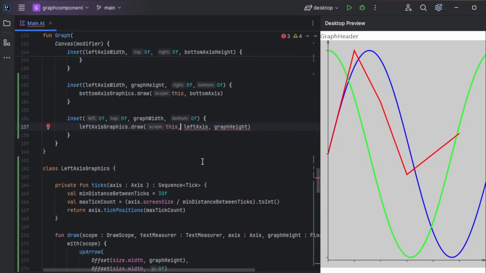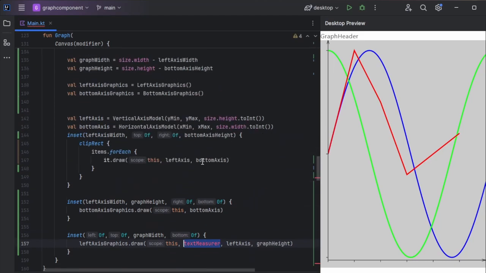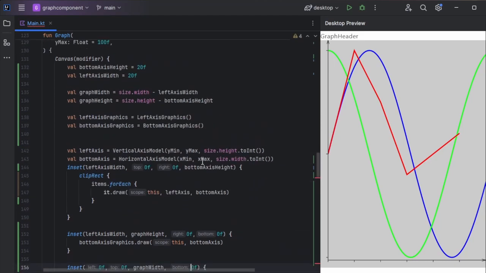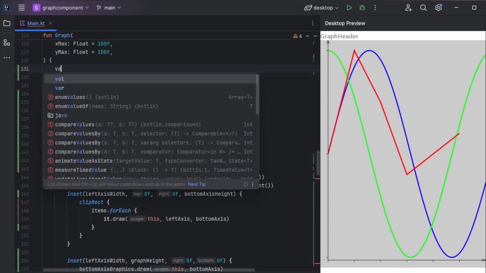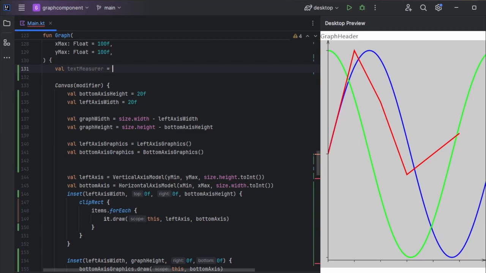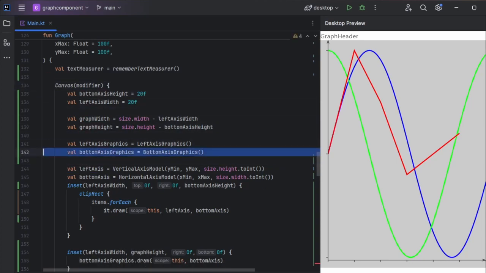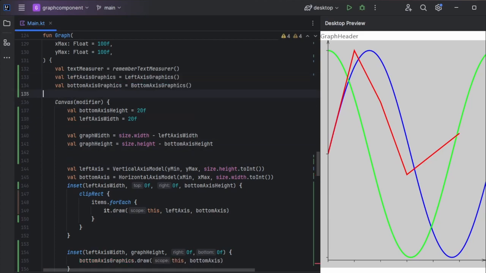And the text measurer that we need as a parameter here we can get by just saying that the text measurer is a remembered text measurer. It's part of Compose again. I'll move this around a bit,